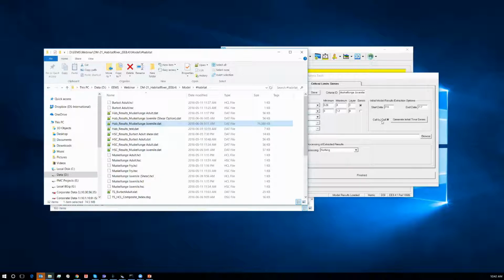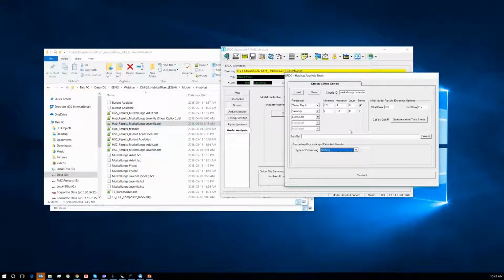If I don't check this, then it's a composite index. I get one value for the entire domain, or one value for a subset of the domain. And that's what you would use the subset here for, if you wanted to do only a portion of the model domain. But in this case, getting back to what we actually have extracted and ready for us,